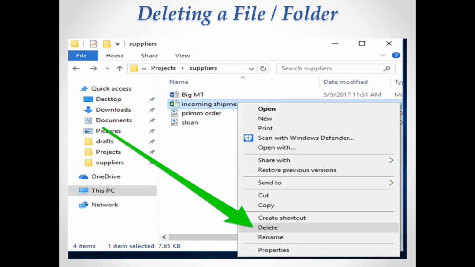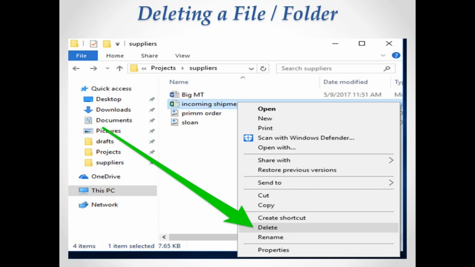Next one, deleting a file or a folder. For all actions like copy, move, paste or delete, whatever you want to do with the help of the mouse, first you need to select the particular document, then you can decide what you want to do. Now, here you can see my arrow is on the picture.